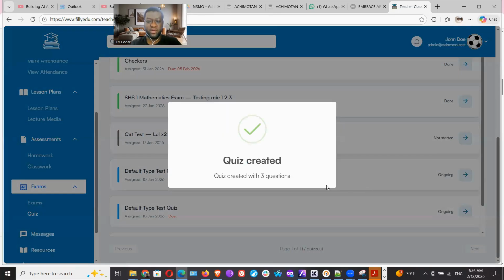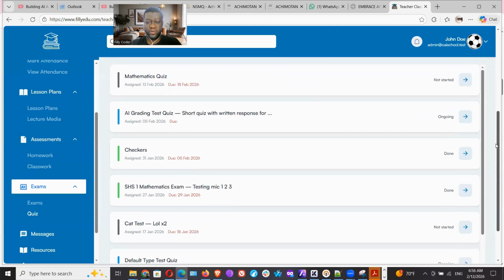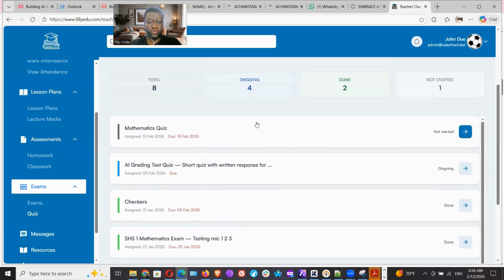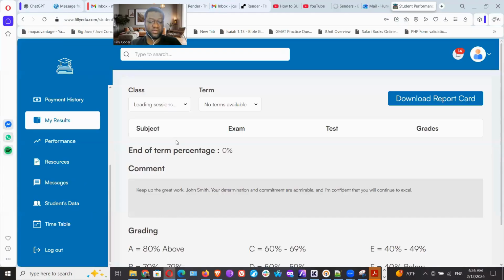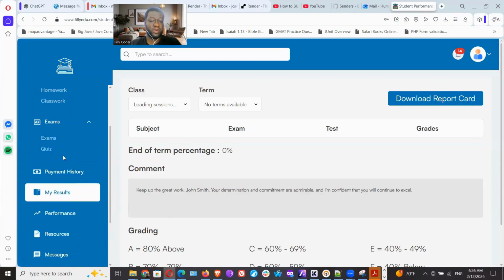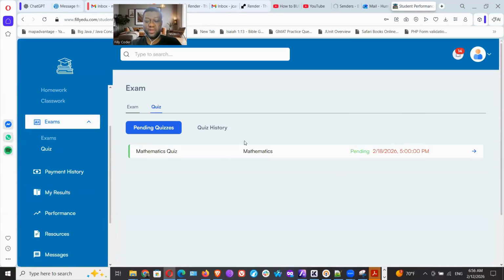So if I didn't leave out anything, it created a quiz with this many questions. And now that quiz shows up here as mathematics quiz assigned on 13th and it's due on the 18th. And so, yeah, that's how that works. And then I can obviously, if I'm a student and I go to my dashboard and the quiz here, then if I'm in that class, I should see it, which is this one here. So mathematics quiz,